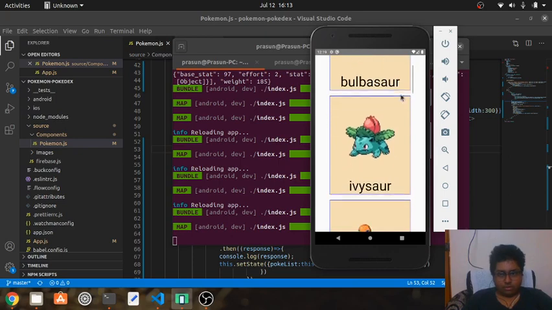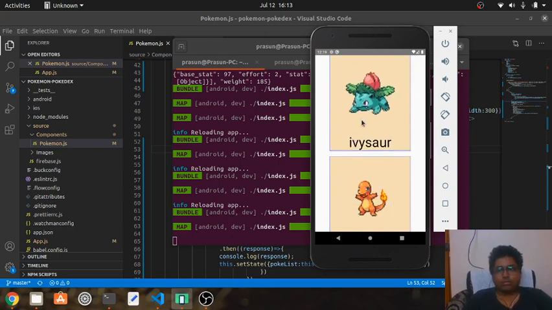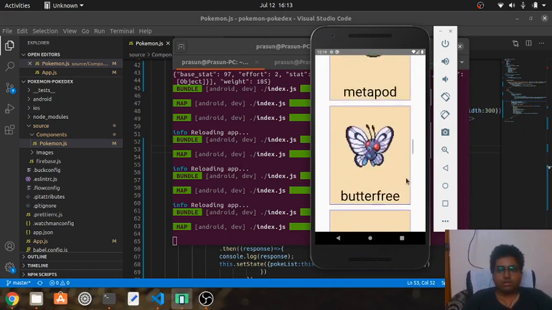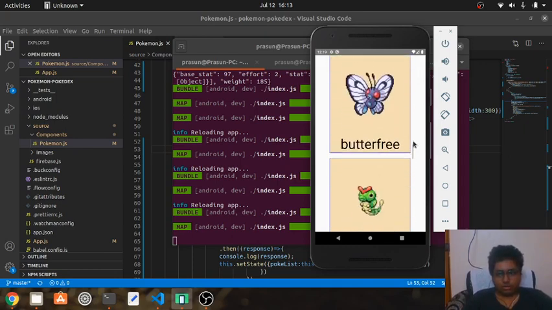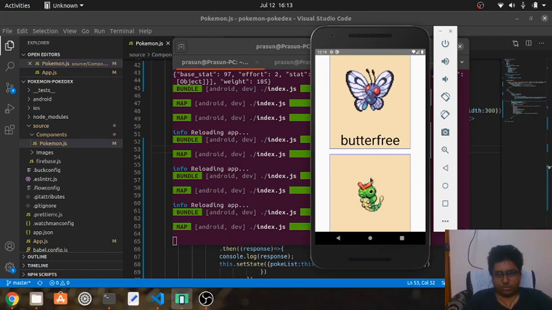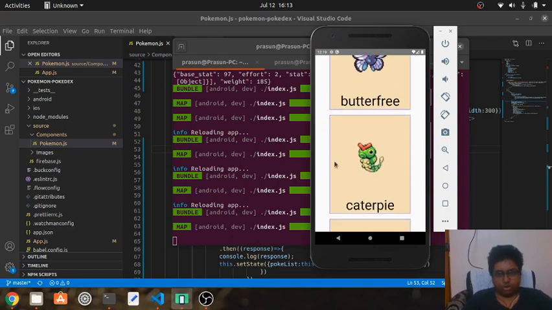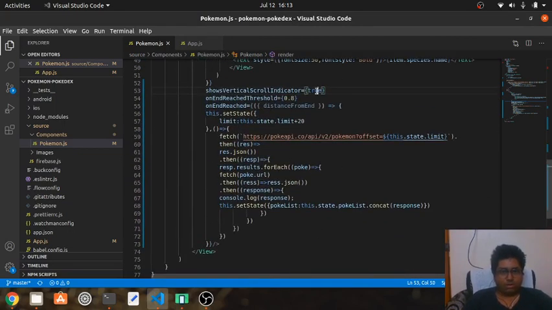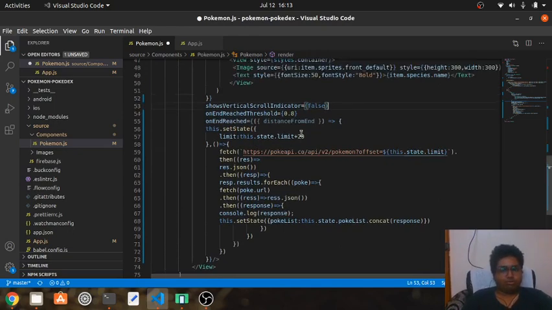Okay, so as you can see, a visible scroll bar is getting added, so you can now see where the scroll bar is and the position of the scroll bar. Now what if I don't want to see the scroll bar? Okay, so I've simply turned it to false, so that the flat list would have no scroll bar in it.